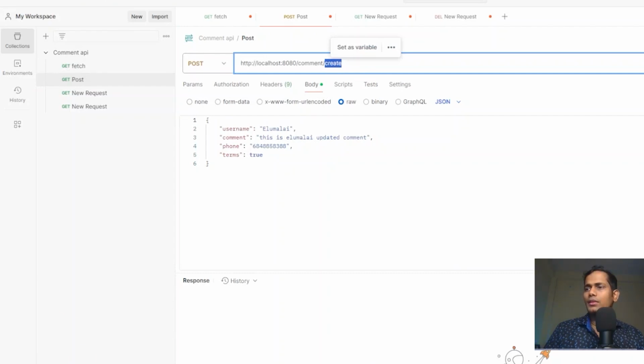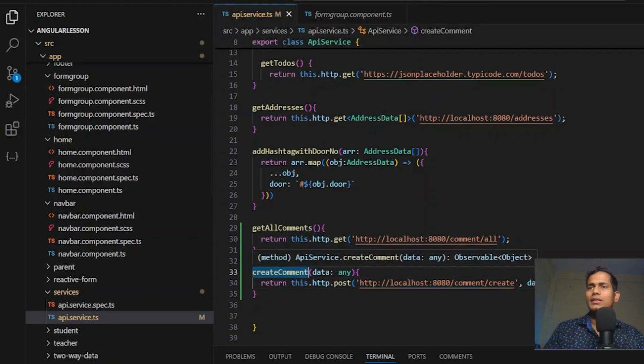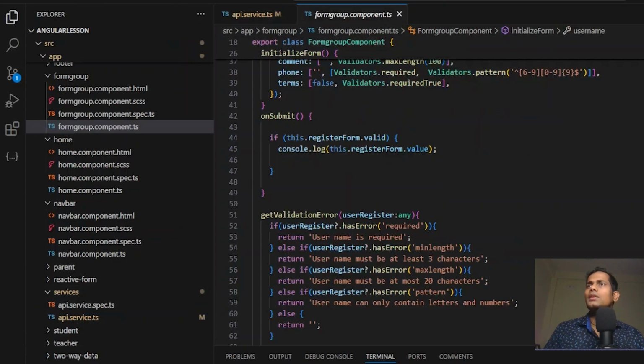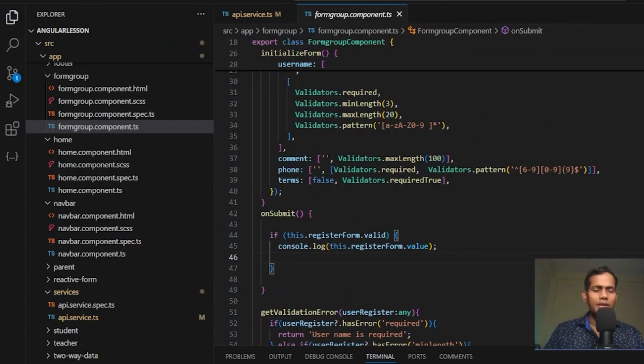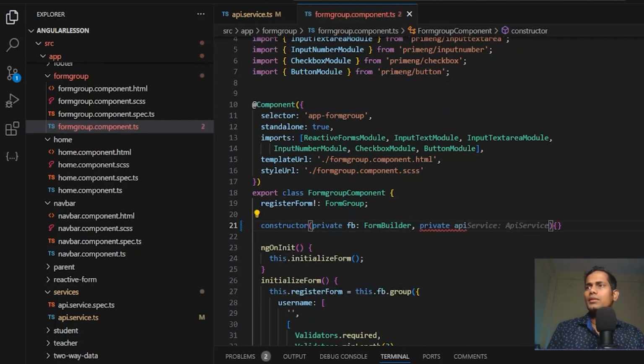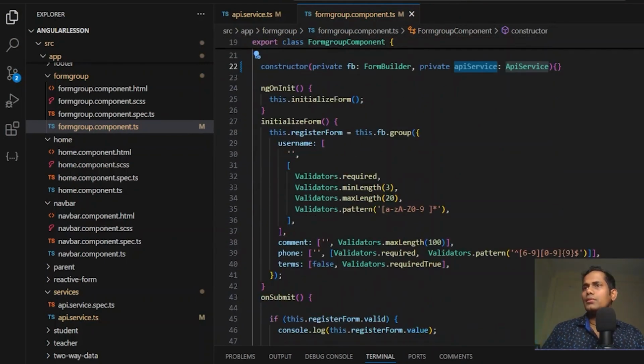So therefore we go there: comment / create. And this is the payload, guys. What I'm going to do is access this create comment in our component. I go to our component, and here we are submitting the value. So here I use the service. First of all, we have to inject the service in the constructor. So private API service, and API service, guys. I take the reference of the service